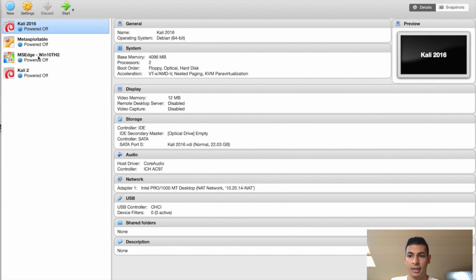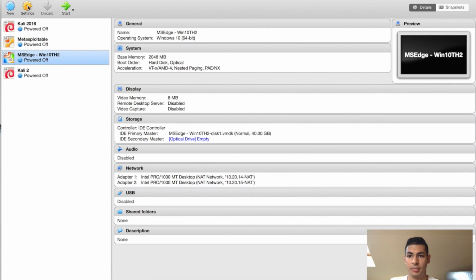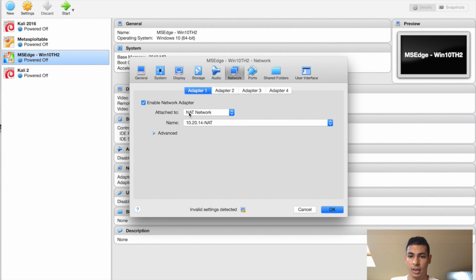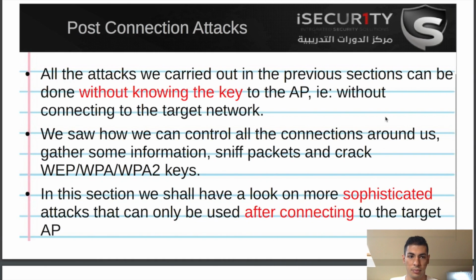So that's the Kali one, and then the Windows machine, we're going to be trying to hack into it or launch attacks against it. If you go on the network, you'll see that it's connected to a NAT network and it's the same network. You can do this and use ETH0 in your attacks from the Kali machine. It's going to be a virtual interface, but it's just going to work just as a normal interface. Or